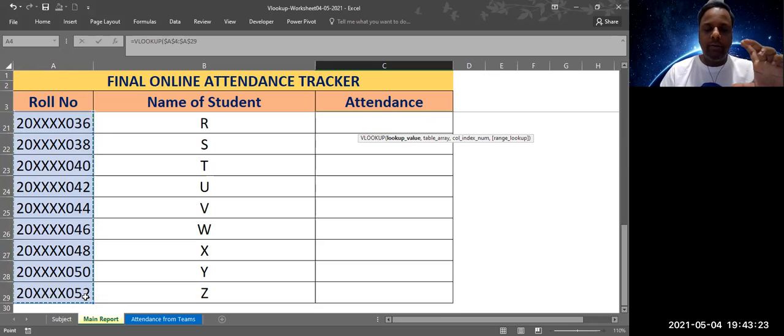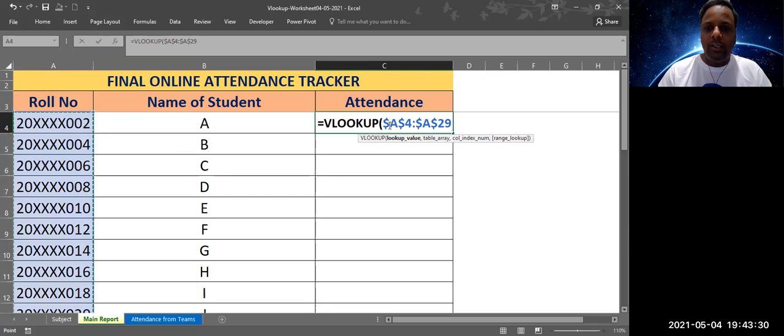How do we freeze the range? We use F4, which is nothing but, when you see here, I'll just show you what happens. See here, there is a dollar. I mean, we have selected the details from A4 to A29, but you see a dollar just because we have inserted a freeze range, which is called dollars. Okay, so that means your data will read only within that particular range. It will not exceed to any other limit.